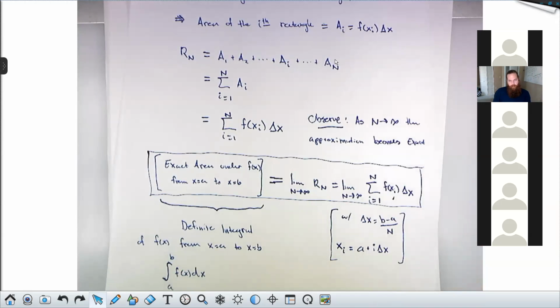So once we have that, now we can jump in and start doing some calculation. Everybody has this written down, this box statement and these two things? Once we have this, I'm going to calculate two different areas for you exactly. What are we using xi equals a plus i delta x for? Remember, the height in here is f of xi. How do I know what to plug into f to get heights? So I need a formula for the xi's.